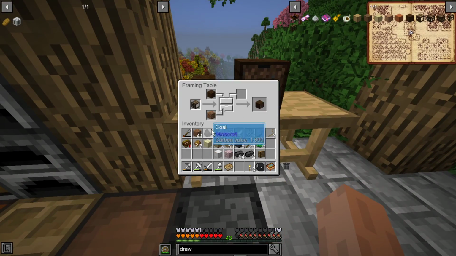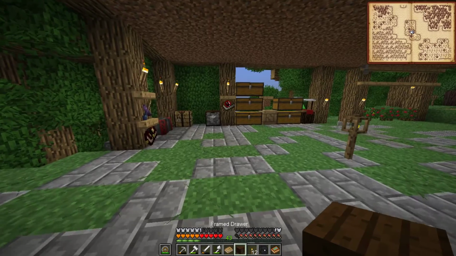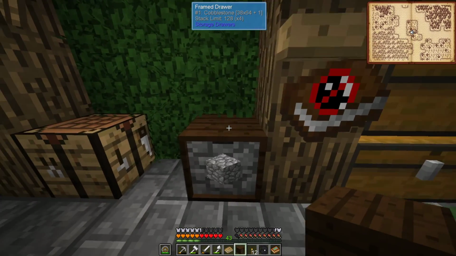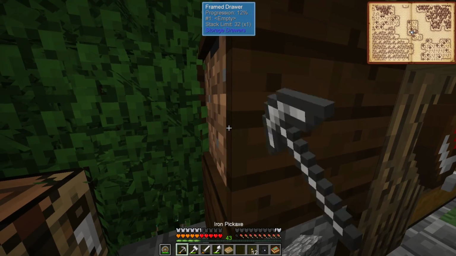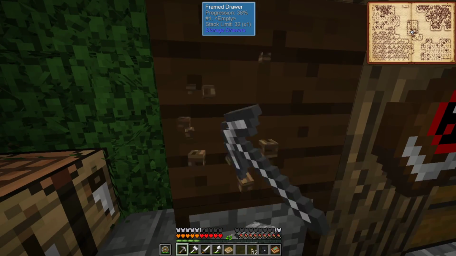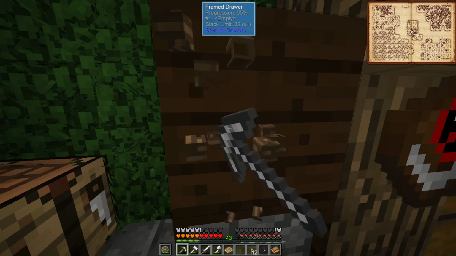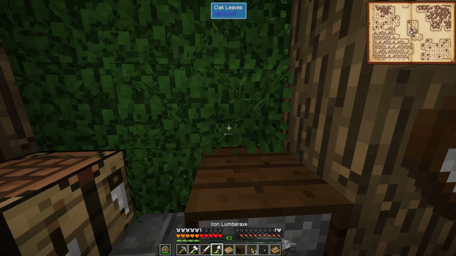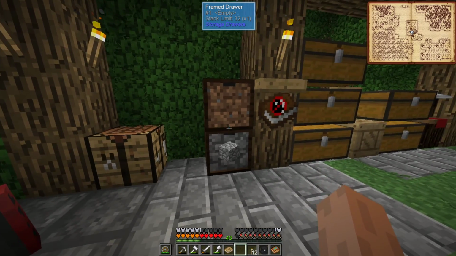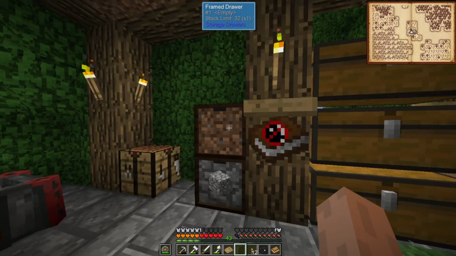So I'm actually going to grab this. I'm going to set it down right on top of it. Ooh, okay, that's not where I wanted it to go. For some reason, it does not have a breaking animation. It's probably because you customize it so much. But there you go. So now we have our cobblestone and we have our